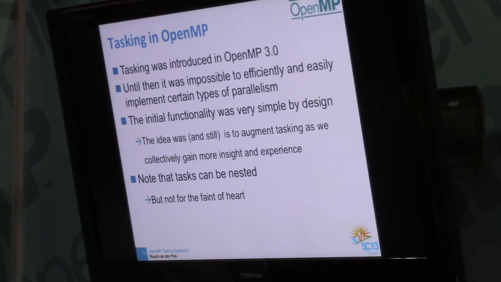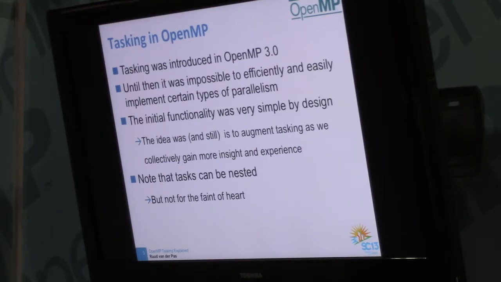Initially, the functionality was very simple by design. The idea was we don't know what we really need, so we'll give you the basic framework, and then as we issue new releases, we'll add what people are asking for. And that's what we see happening now. I will focus on the initial design. For those of you that have some more time, I'll have some slides after the talk. We can go into more detail if you like.